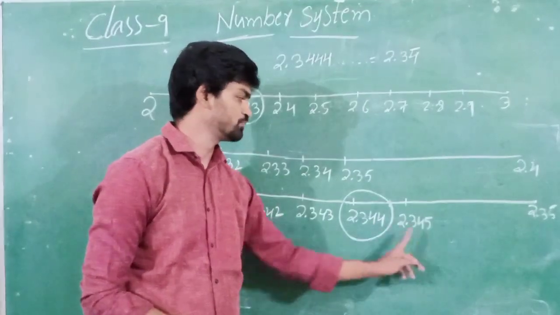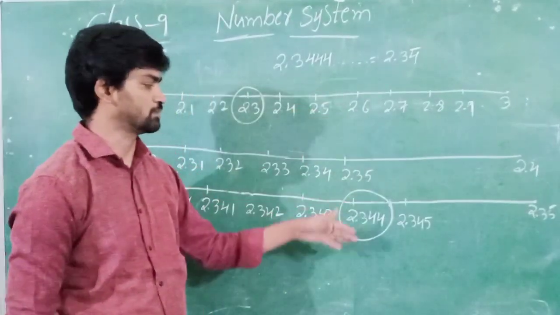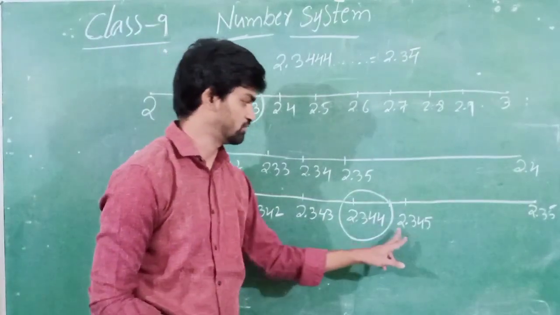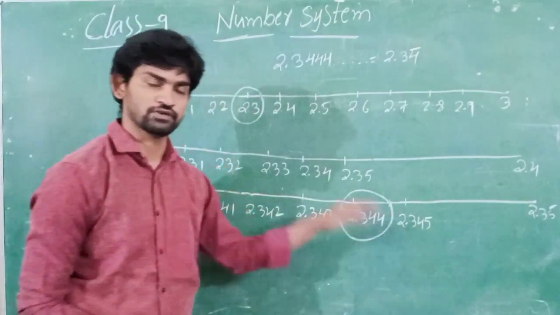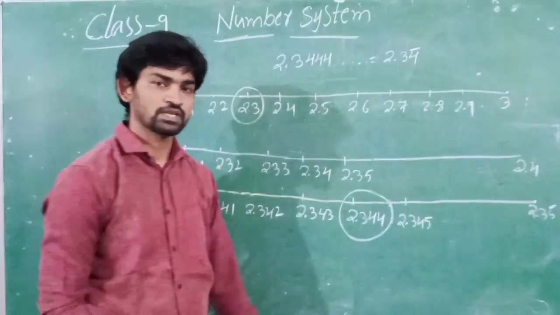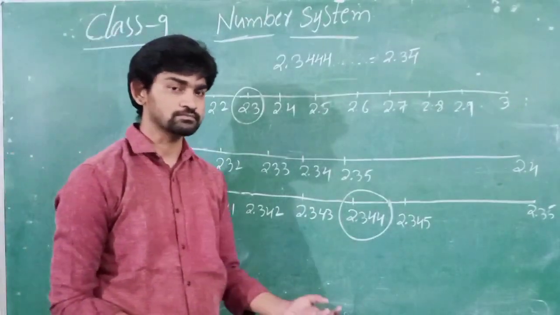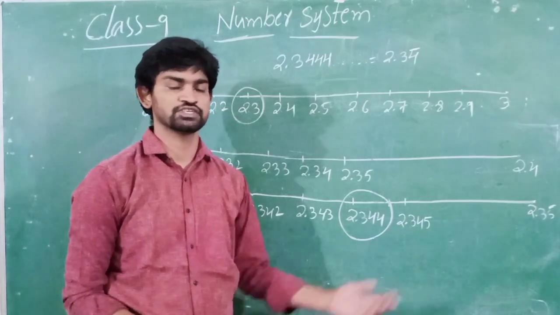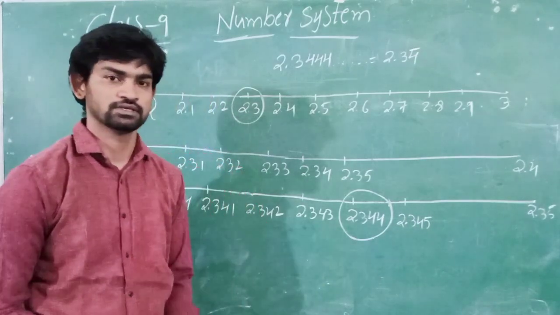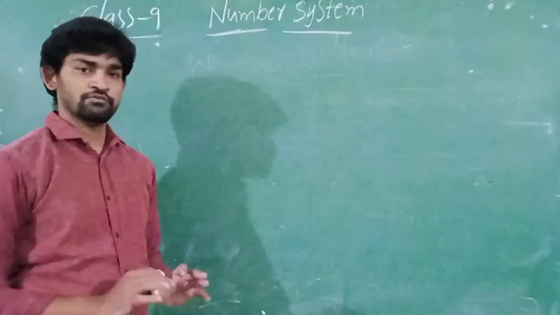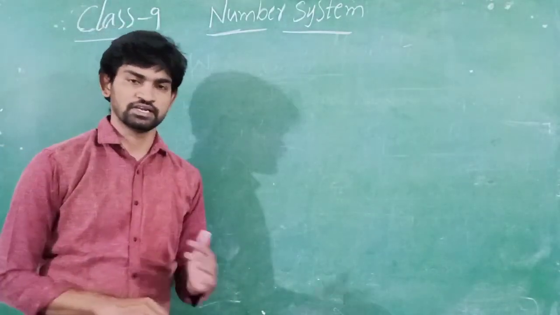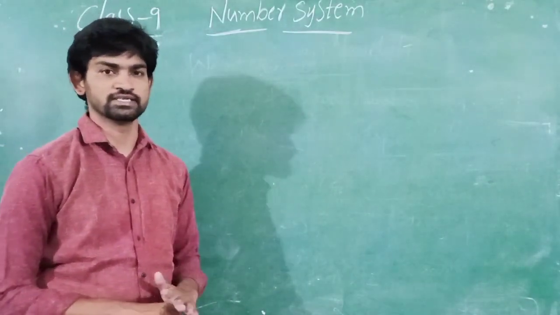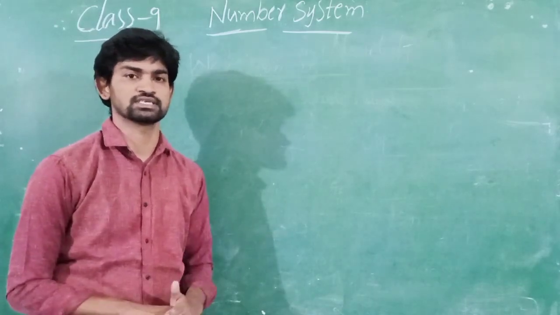In these two, we have to insert one more step, like starting number will be 2.344, next is 2.345, so that will come next. Okay, next topic we'll see irrational numbers: identities and visualization of irrational number on number line. That is our next topic. Now we are going to discuss irrational numbers. A few identities are there. Those identities we'll discuss now.